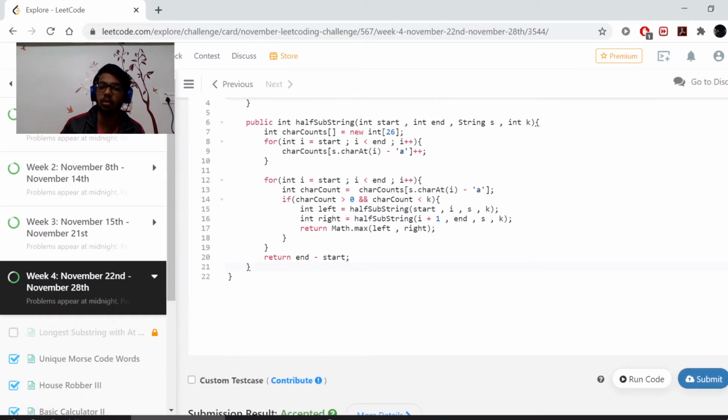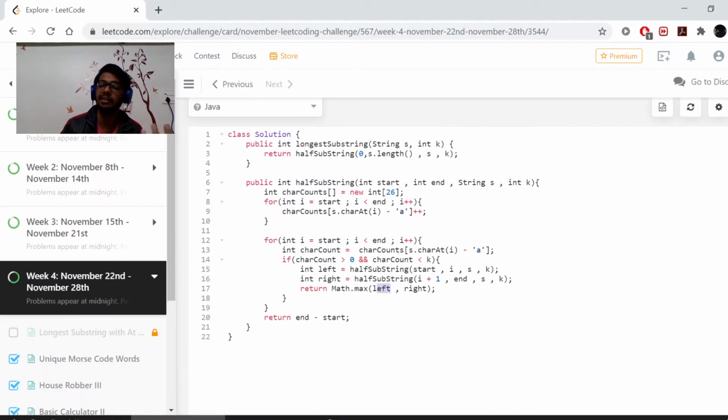In the second call, we will have another call for just one element, that is b, and for just the last element, that is b. So this will return 0, and again 0, so right minus left remains 0, and hence 3 is returned.